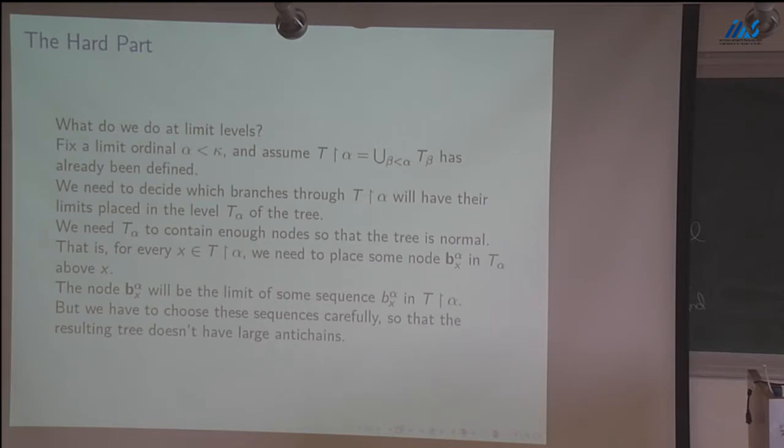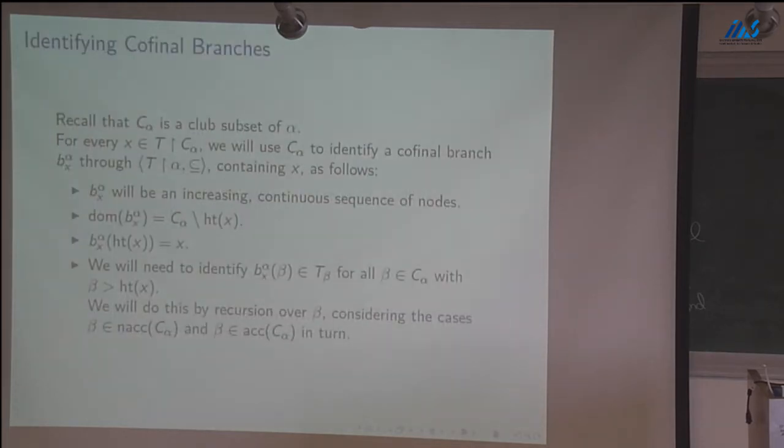Okay, we've built our tree up to level alpha. Here's alpha. We've got some node x. There are many potential branches up here. We need to put some node at level alpha into the tree above x. The question is, how do we choose it? So we're going to build a chain in the tree going up to level alpha. And we're going to choose this chain carefully, and then take its limit and put that into level alpha of the tree. All right. So recall that we have our club C alpha,